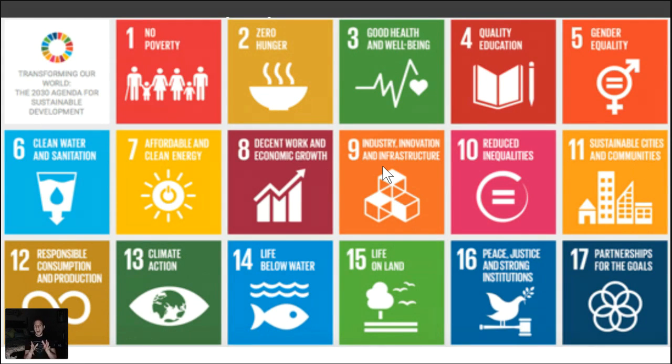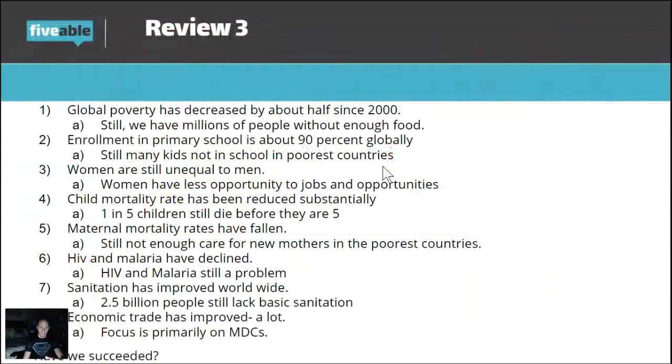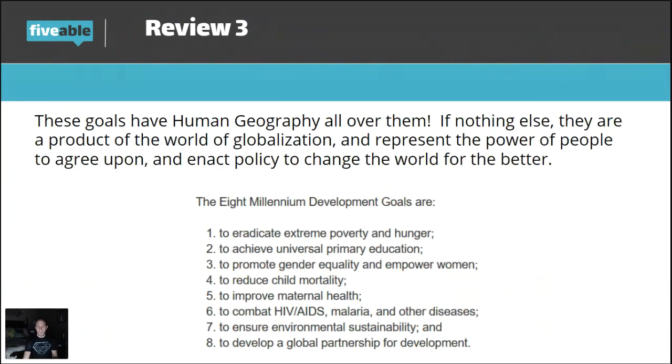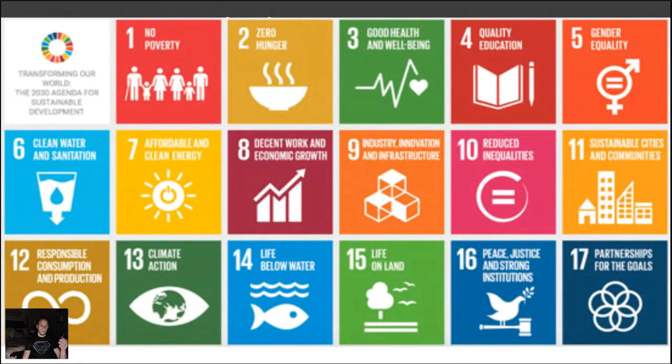The fact of the matter is, and what I would know when studying the MDGs, which are in the course description, okay, is you're going to want to know how these goals play into other units and be able to maybe even write about them. For example, when we look at development, when we look at population, we spend a lot of time talking about gender inequality. We spend a lot of time talking about how some countries have higher birth rates and higher total fertilities because women don't have opportunities, so they have more children. Or you have kids who are getting married at 16 because of arranged marriages, which lead to higher population, but also lead to greater inequality for women.